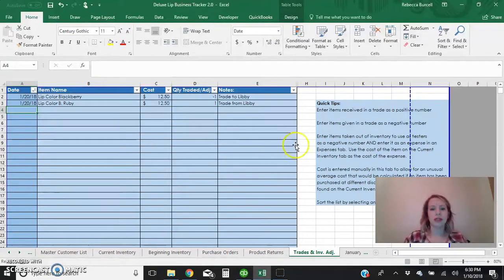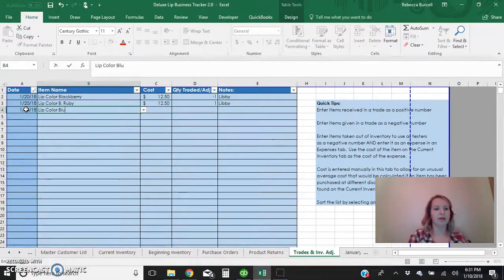And by putting the notes here, I can keep track. You could also, if you wanted to, just do the name so that you could sort it by who you'd made trades with that year. Now, say I need a new tester of blue red because I've just been going through it. On that day, I've got lip color blue red,